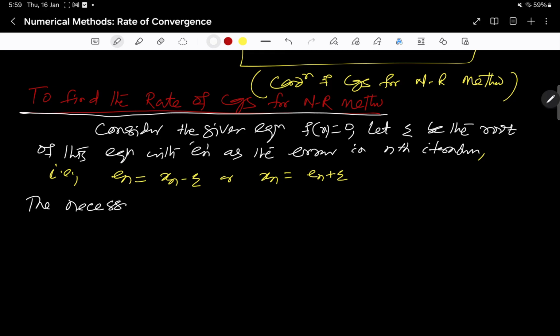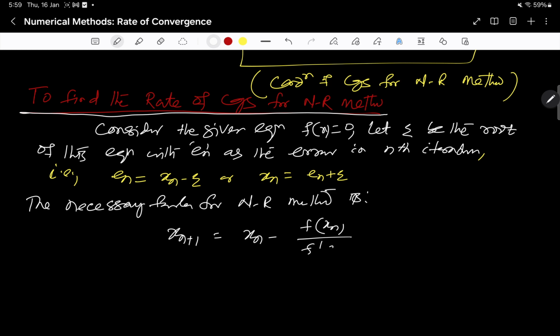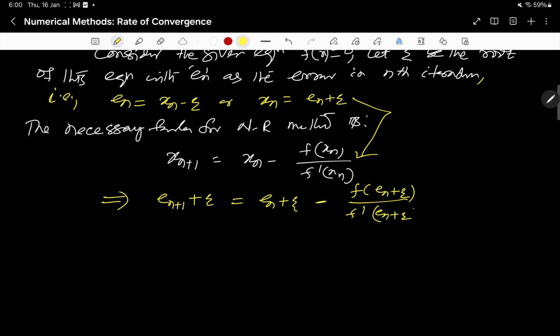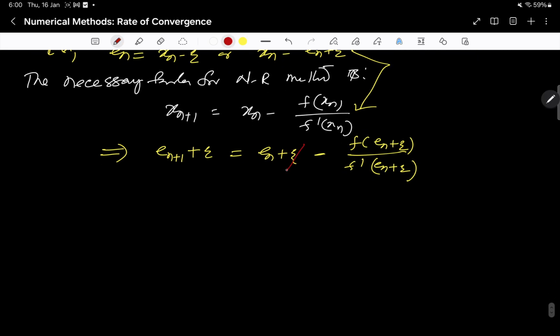Okay, now what is the necessary formula? The necessary formula for the NR method is xn plus 1 is xn minus f xn by f dash xn. Okay, so you substitute the value of xn here. So what does it mean? So xn plus 1 will be epsilon n plus 1, or en plus 1 plus zeta, and xn will be en plus zeta minus f of en plus zeta divided by f dash of en plus zeta. Okay, so now zeta cancelled on both sides. So this implies en plus 1 is en minus